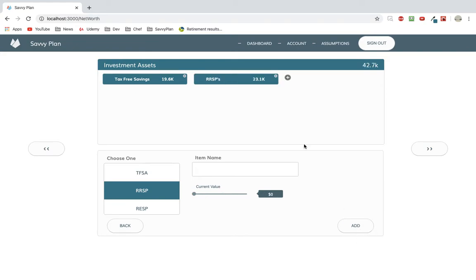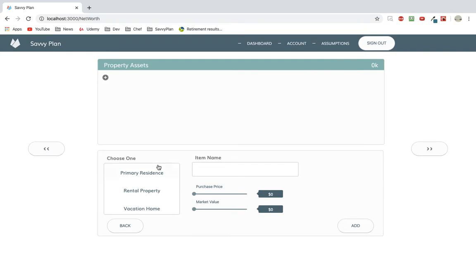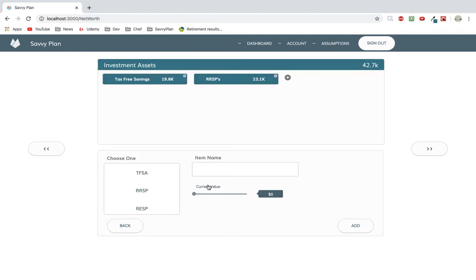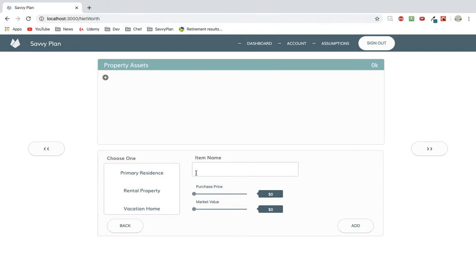So we'll add this. Now, say for property assets, they have a house. You'll see too, as we come through, if we went back, here they just had the current value of it. Now when we go into house, we've got a different list on the side, and they have the option to put in their purchase price as well as the market value. So that's where a little bit of the logic code came in. We'll just say this is their primary residence